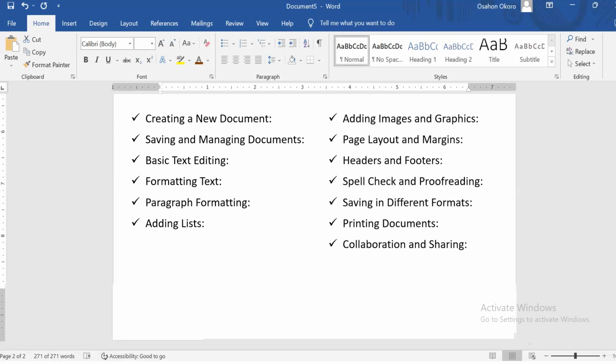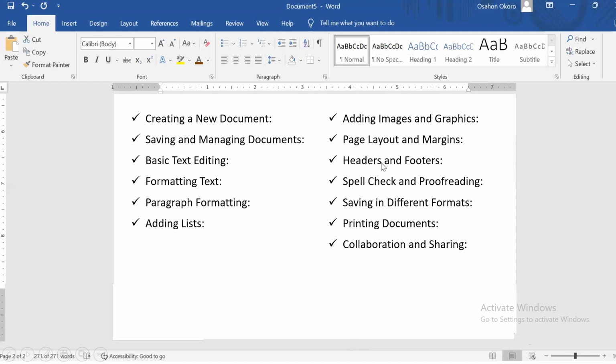Then, having said that, the next thing will be on a page, we'll have to also look at the page layout after adding images and graphics. Okay, after adding lists, we're looking at adding images and graphics. We also look at the page layout, how to adjust our page orientation, whether it's going to be portrait or landscape, whether the margins are going to be aligned in a justified form and the rest. We're going to learn how to do that. But all this will be done as we are working on a particular document.